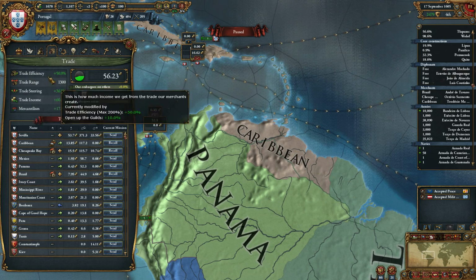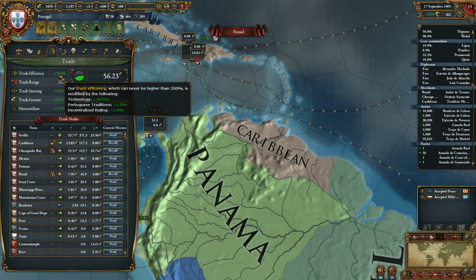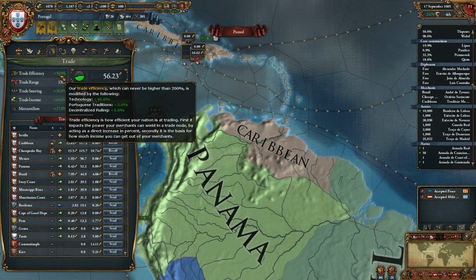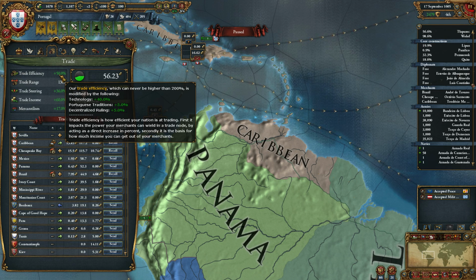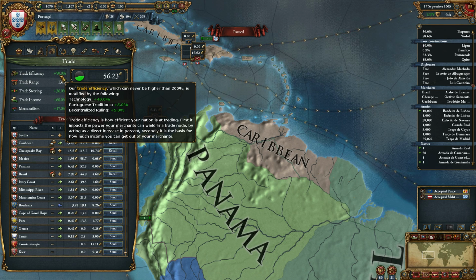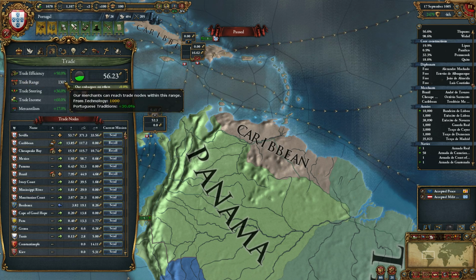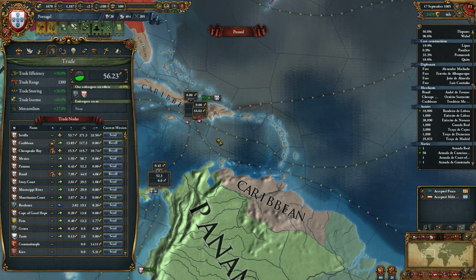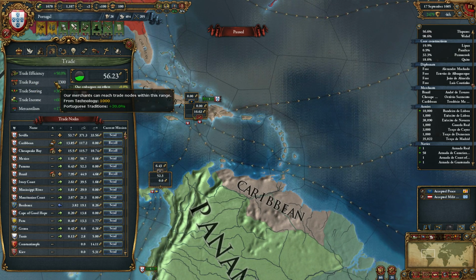Let's talk about the last things in here. First of all, you'll see your trade efficiency. Trade efficiency is gained through technology, through seditions, and through ideas or events. Trade range determines how long away a trade zone can be before you can use it, and it's increased through